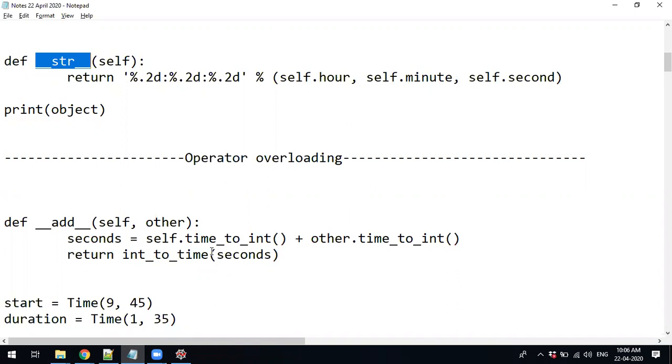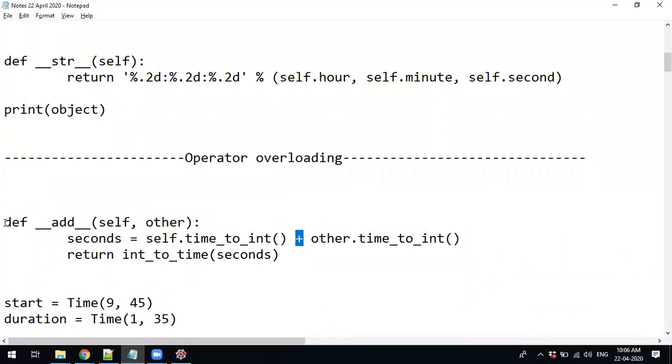In that case, I am going to overload that operator. For that, Python has already given inbuilt functions for each operator, and you just have to override them. If you don't, plus will do normal integer addition.